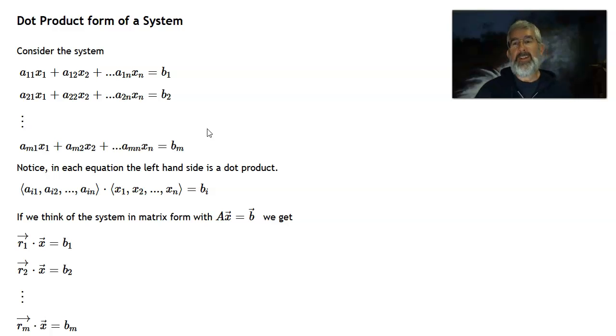What I want to notice is that the left-hand side of each one of those equations can be written as a dot product. So, the ith row here, the ith equation, would be the dot product of the coefficients with the vector that contains all the variables x1 up to xn. Okay, so that whole system, if we think of it in terms of matrices, Ax equals b,